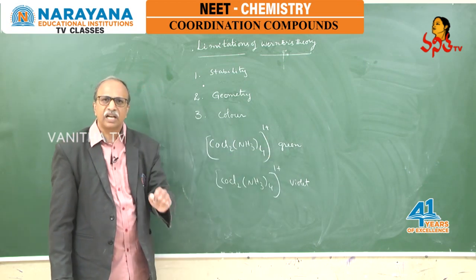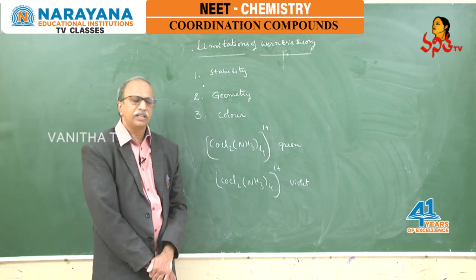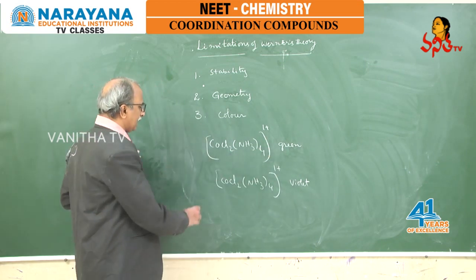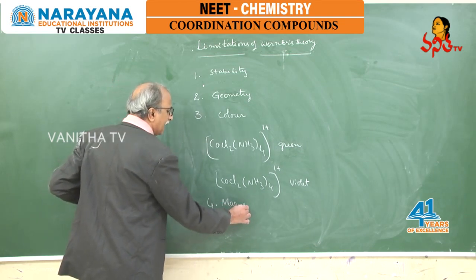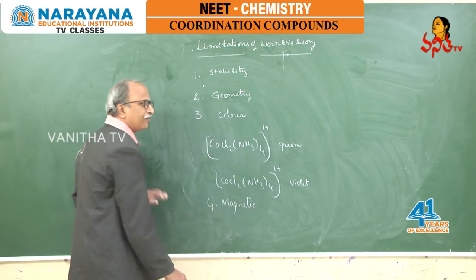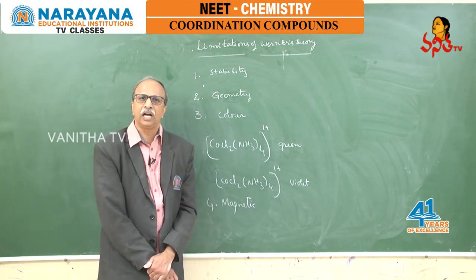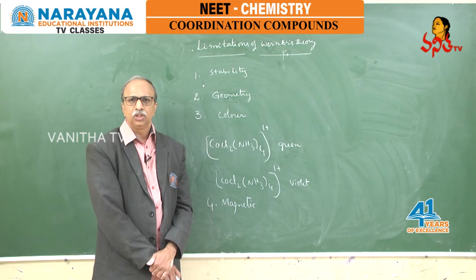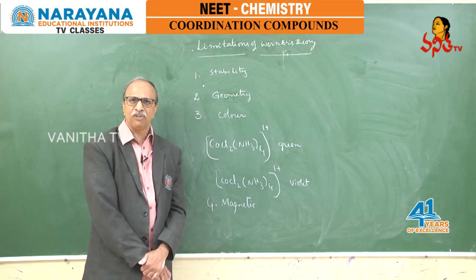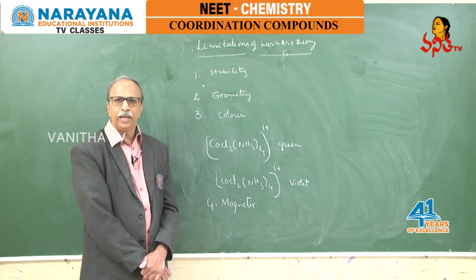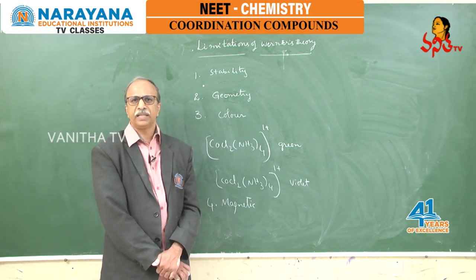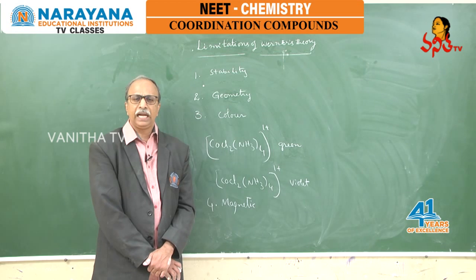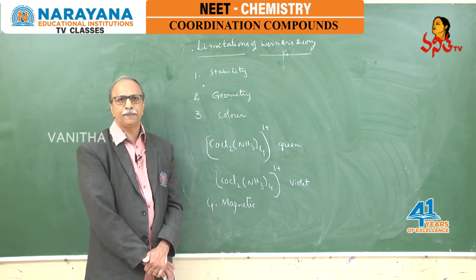Why are these colors different? That is not explained by this theory. And along with this, the magnetic behavior of these complexes is also not explained by this theory. So there are many limitations of Werner's theory. He could successfully explain the formation of complex compounds undoubtedly, but he failed in these aspects, where he